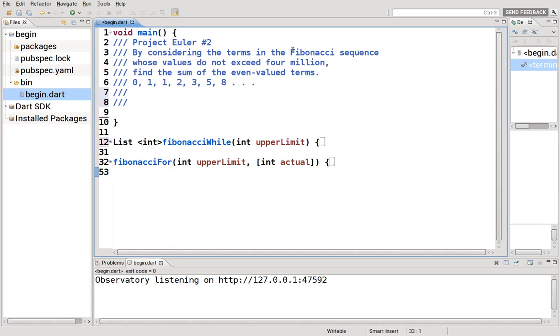But when I look at the problem, it says whose values do not exceed 4 million. So if this is a list, it's not telling you the 4 millionth in the Fibonacci sequence. It says which of these values, again in a list, these would be elements. The element whose value is not over 4 million, and the sum of even-valued terms. Okay? So what I did,